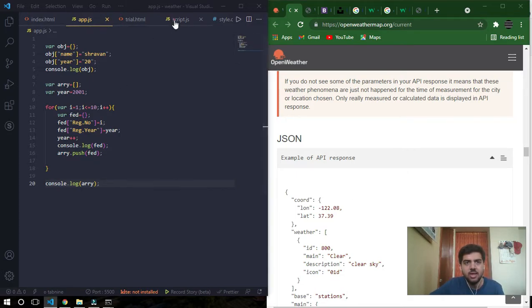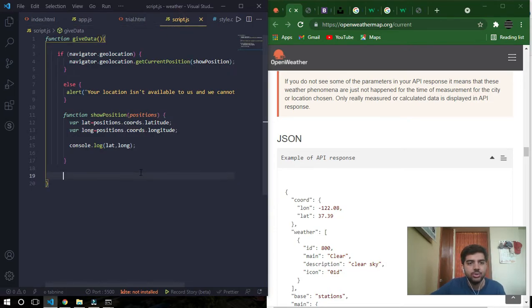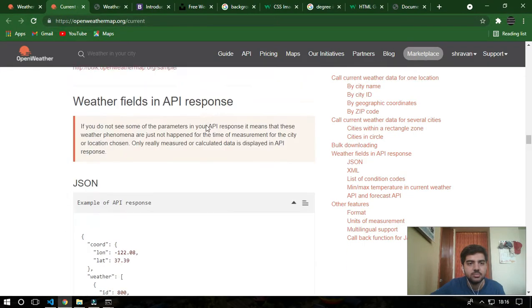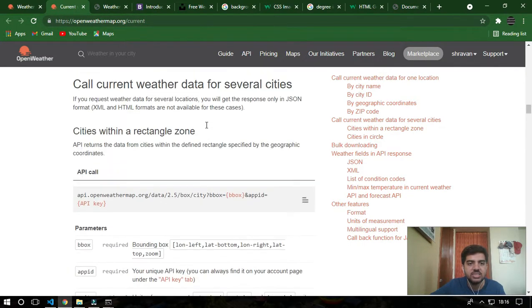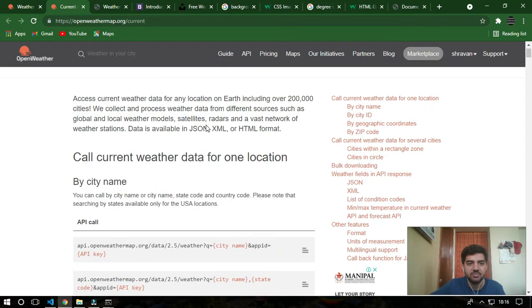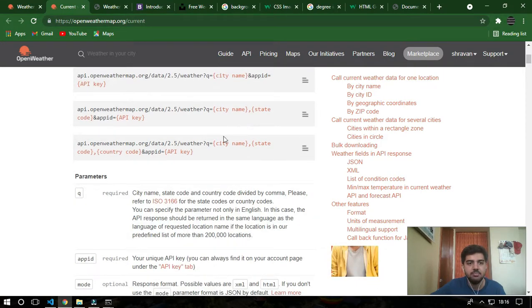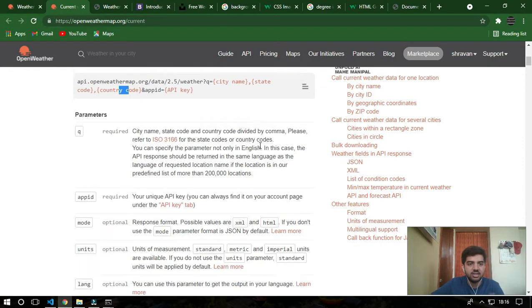Now let's see how to access the data using an API. I'll go here, and I have several options for retrieving data from the API. I have by city name, by state code and city name, and by country code and state code. I can enter these codes and retrieve the data.